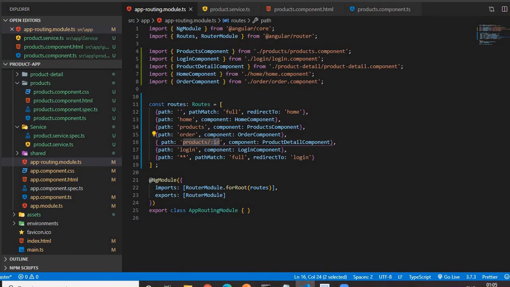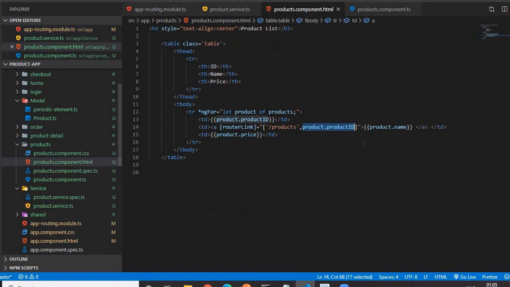Once that route is activated, then this way we can activate this route. So what is happening is, when user clicks on this anchor tag, then this path is activated. The path should be like this: localhost.